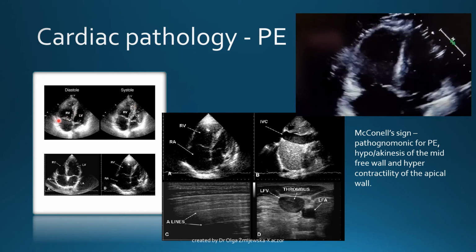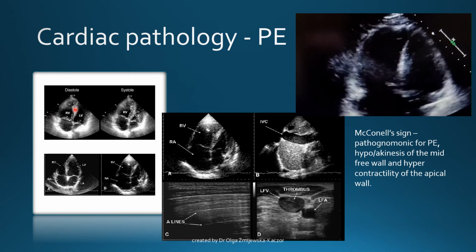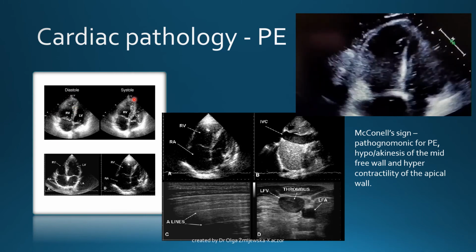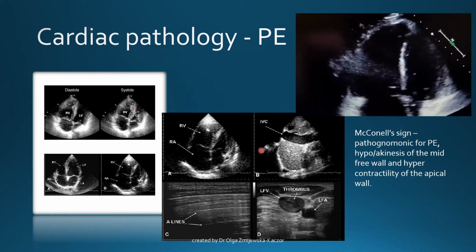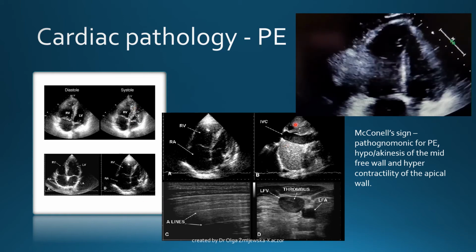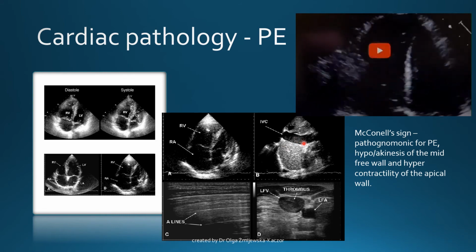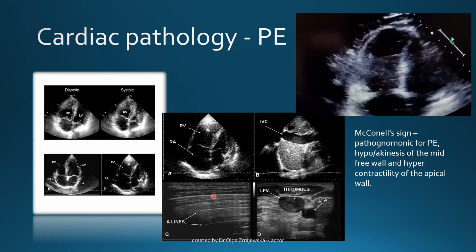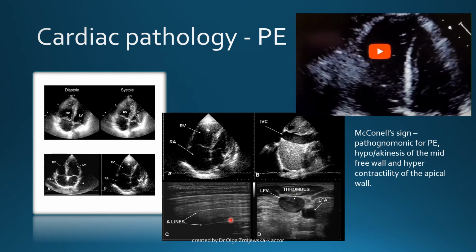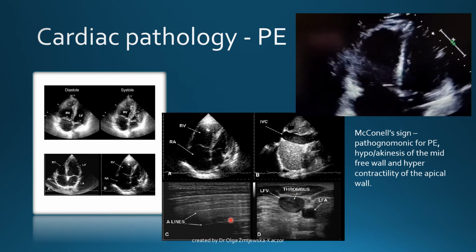If the right ventriculum is dominant, and especially if during the systolic movement it's pushing the septum towards the left ventriculum, and at the same time, if you see a stiff non-collapsible IVC, if you see the thrombus in one of the femoral veins, if you see the A lines in the lung ultrasound, it's very pathognomonic to